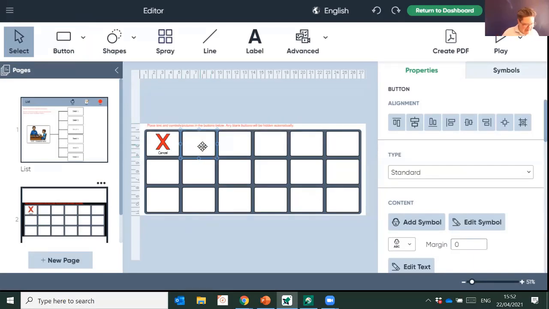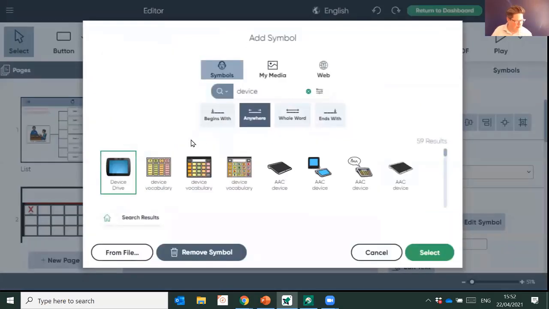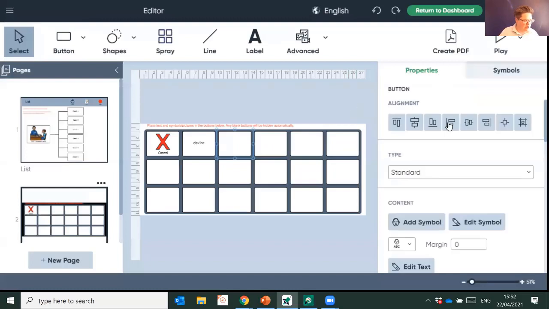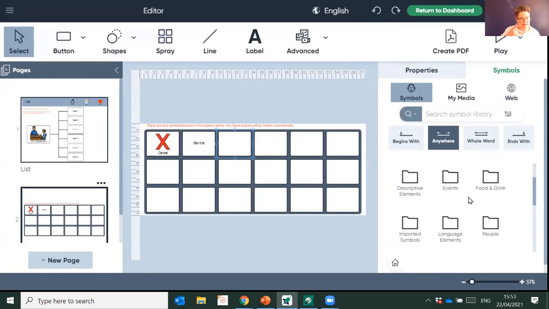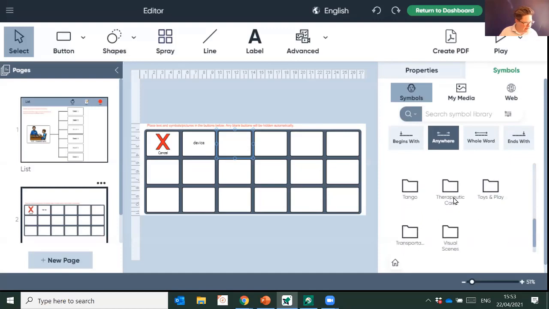So this time, instead of using that editing place where I'm just going to type and then hit enter, if my computer will allow, it's always when you're demoing with this stuff. There we go. So I could just type and hit enter as I did before. What I'm actually going to do is come over to where my properties panel is that we've used already, but this time I'm going to click on the symbols tab. And now it's going to give me a whole bunch of different categories of symbols that I can start browsing through. So if I scroll down a little bit, there's a section here for therapeutic care,